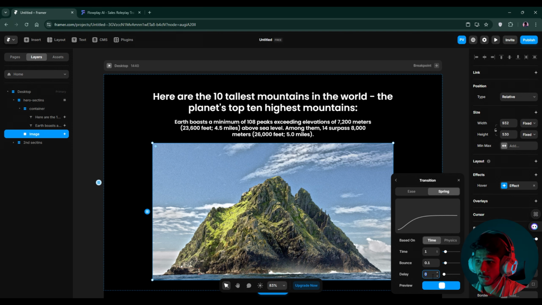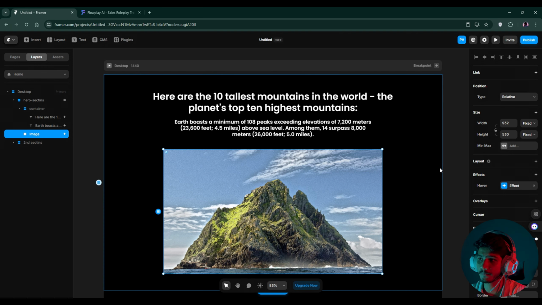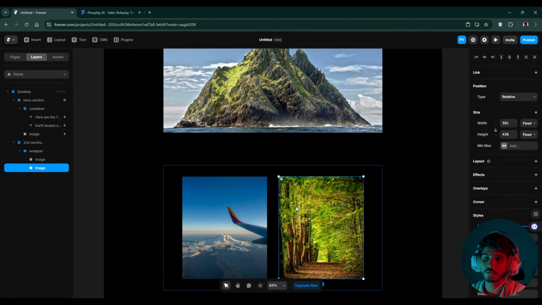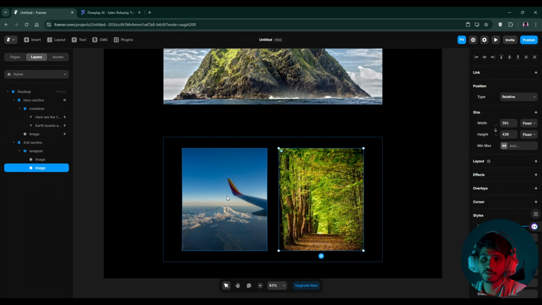1.1, and here is the difference from above. The first has no delay, the second had 0.1 delay, and the third one has 0.2 delay. Means the element that comes after the above heading will have a delay of 0.1 second. Okay, now it has 0.2 second, and we are going to see this also from left to right and right to left animations. So we are going to do this now.